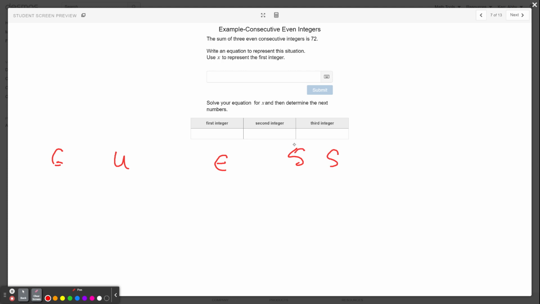Now in this problem, we know that it equals 72, but notice that it says the word even. So we know that we're going to have 3 numbers. Our first number is always going to be x. But since we are starting with an even number, let's say 2,